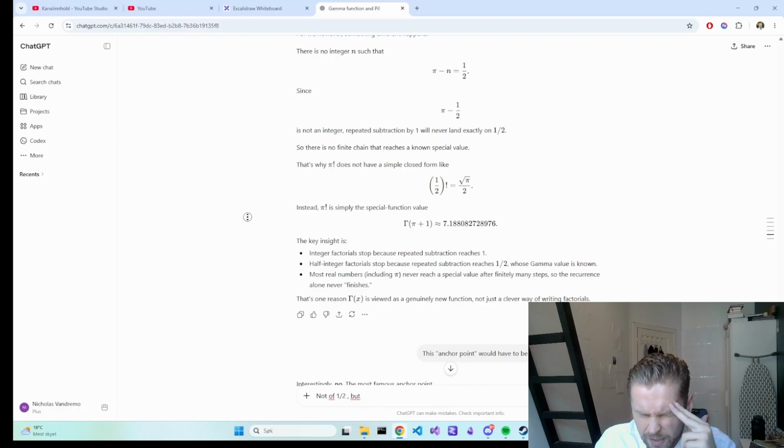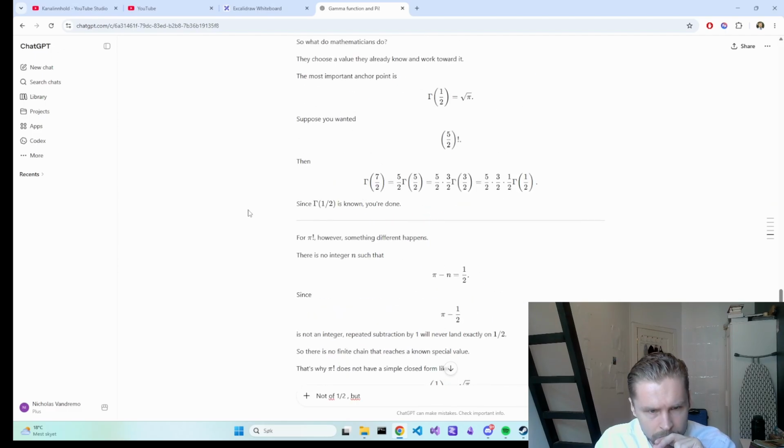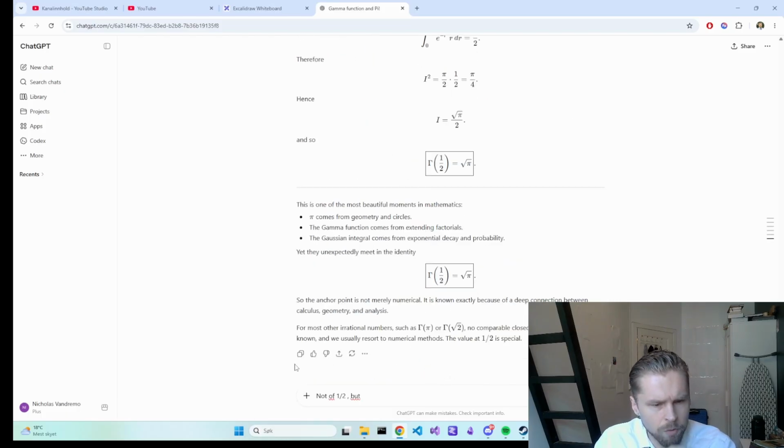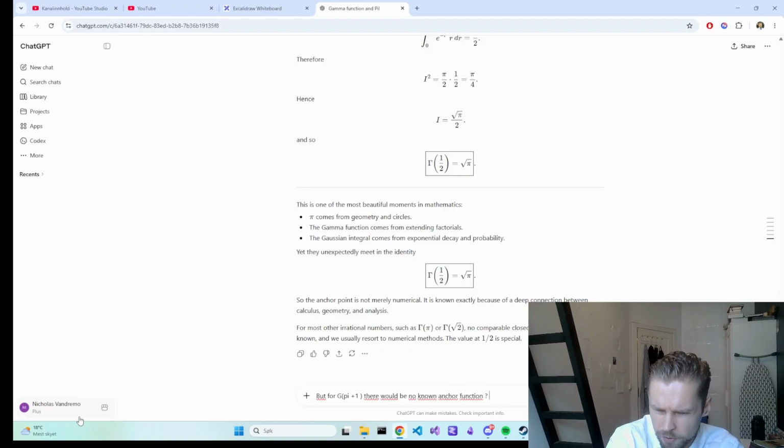Actually, they probably said that an anchor point wouldn't exist for pi. Now, what did they do up here? That was the other one. No, what I meant to say was, for gamma of pi plus 1, there would be no known anchor function. They would just go through this, and then